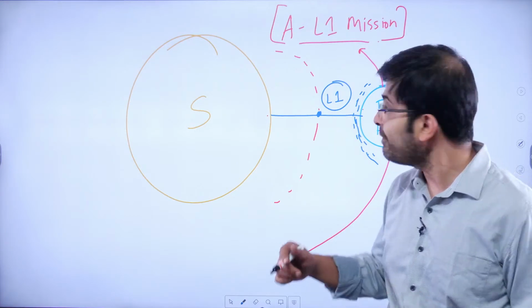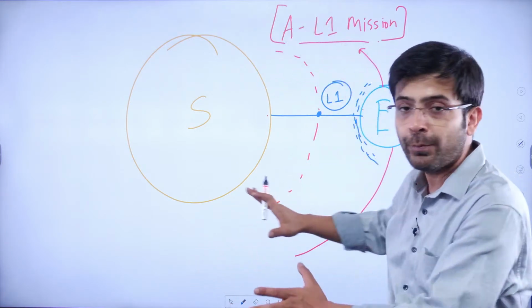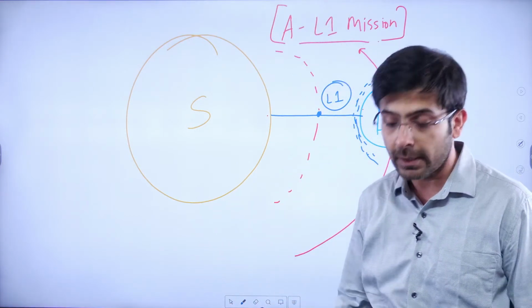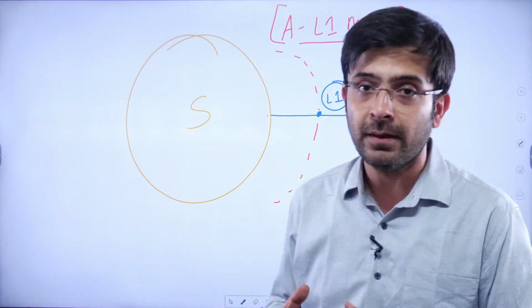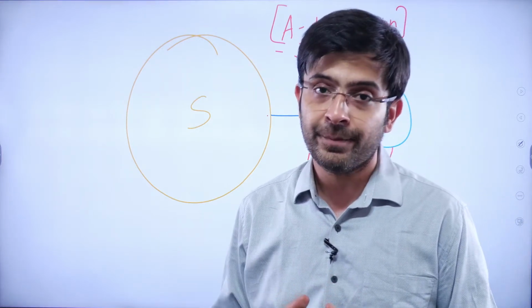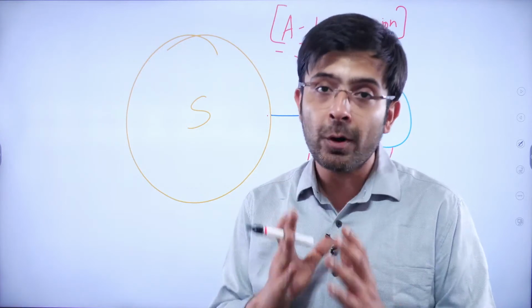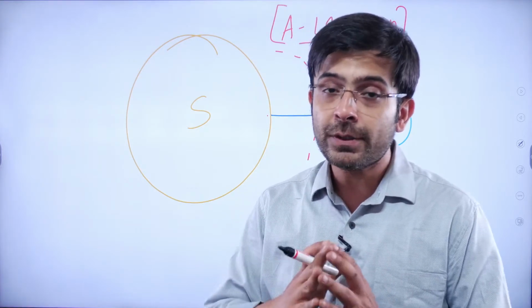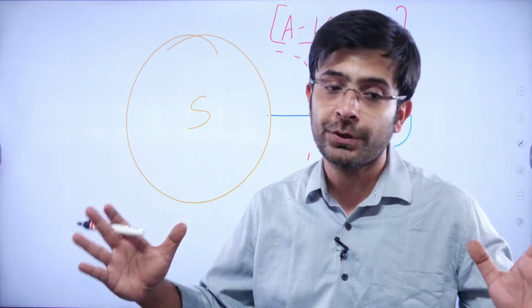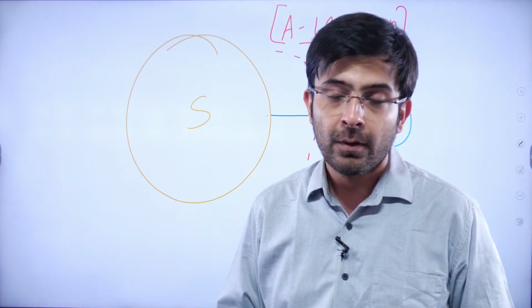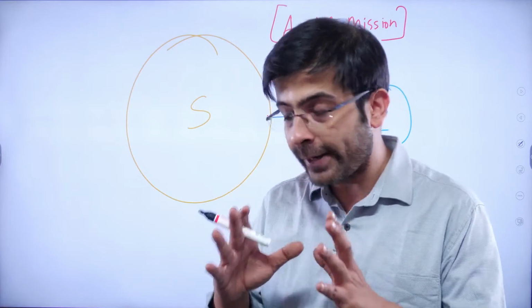The space debris being one, which is often found in this area, the low Earth orbit. At the same time, any other place wherever you put the whole mechanism to study the sun, you have to take in the cost factor. You need to make sure that you're using the minimum amount of fuel and getting the maximum amount of exposure of the sun. So this is the whole point of it.